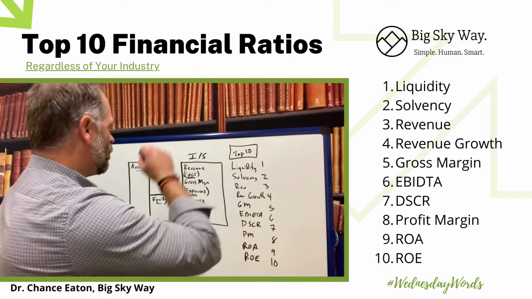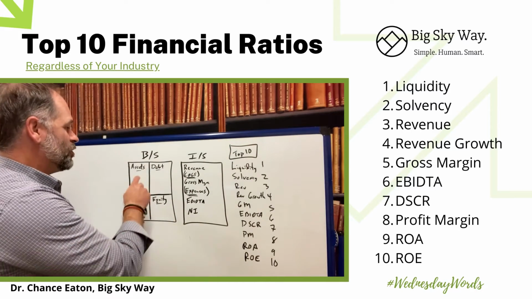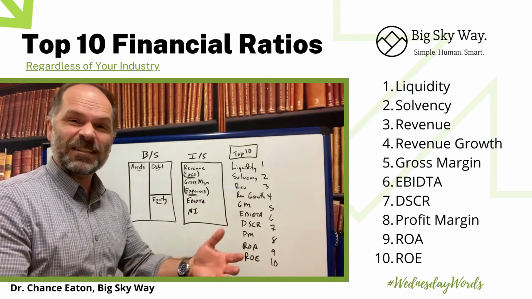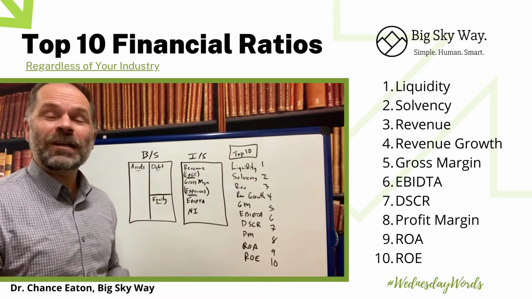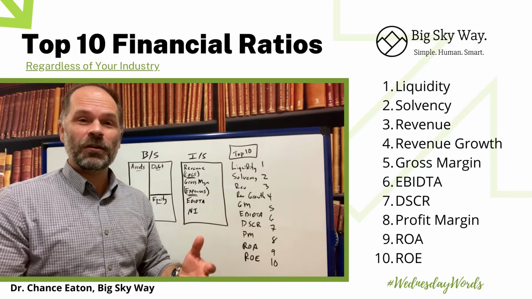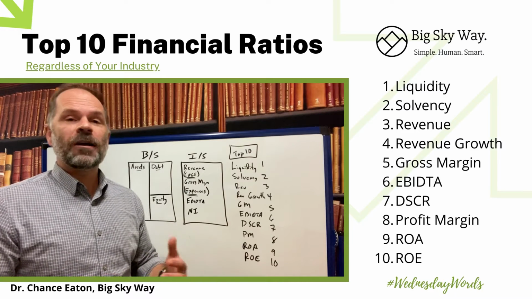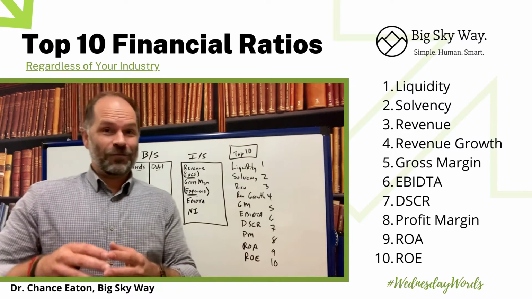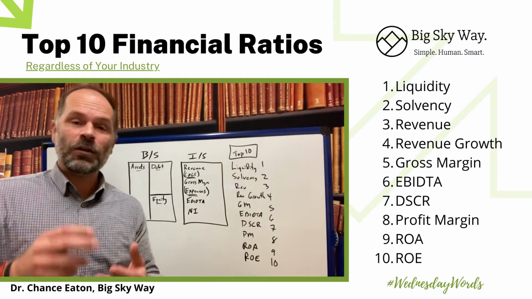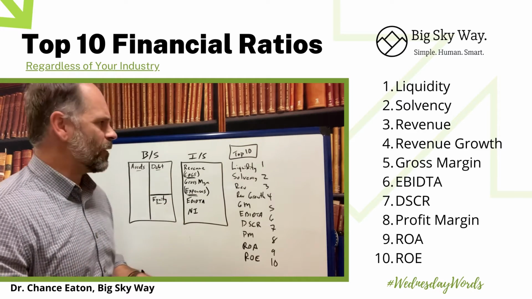Let's start off with number 1, liquidity. This is where we look at your current assets, which have a life of less than a year, divided by your current liabilities, which are due within the next year. The dirty rule of thumb is 2 to 1, but it's telling us how much cushion you have. You can have too much liquidity, you can have not enough liquidity, and your bank will help you out with what they're comfortable with.